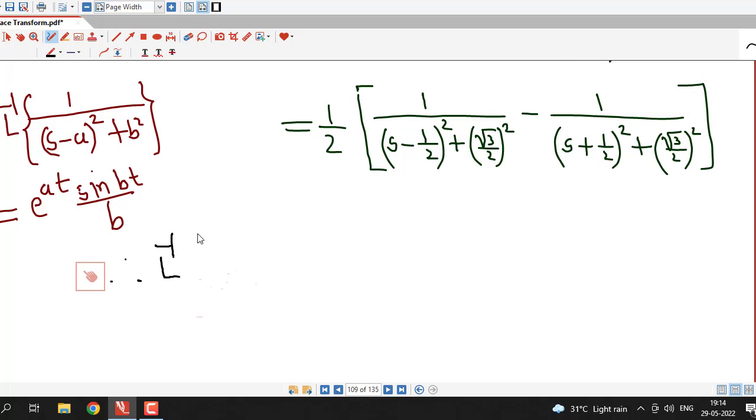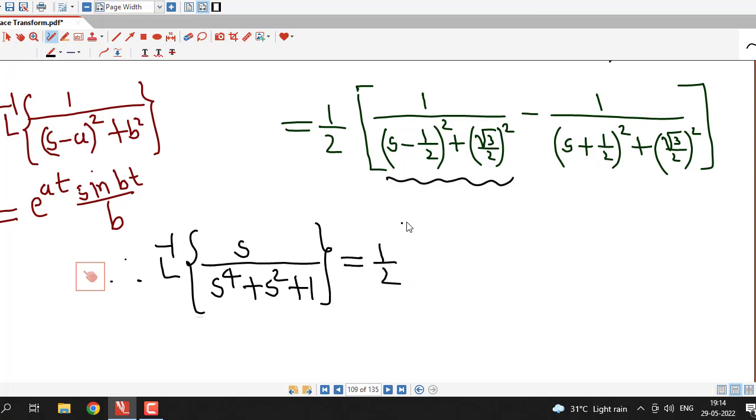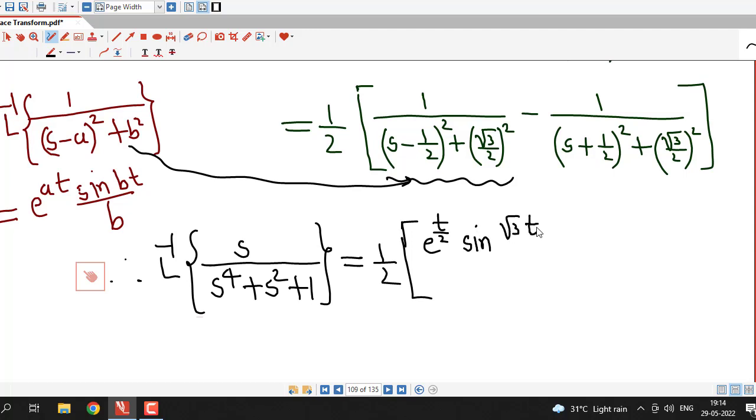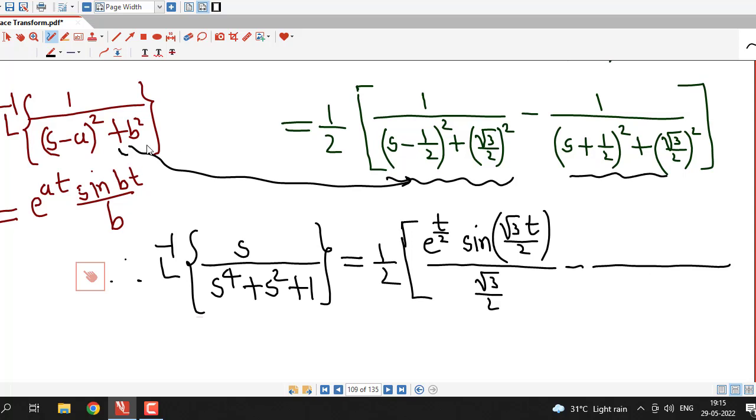So therefore L inverse of s divided by s raised to 4 plus s square plus 1 equals 1 by 2 times L inverse of this first function. If we compare with this, we have a equal to 1 by 2, so we have e raised to t by 2, and b equal to root 3 by 2. So we have sine of root 3 by 2 into t divided by b. Here b is root 3 by 2. Similarly, if we compare this function with this function, the value of a is minus 1 by 2, therefore we have e raised to minus t by 2, and this is the same. Here b equal to root 3 by 2, sine root 3 by 2 into t divided by root 3 by 2,